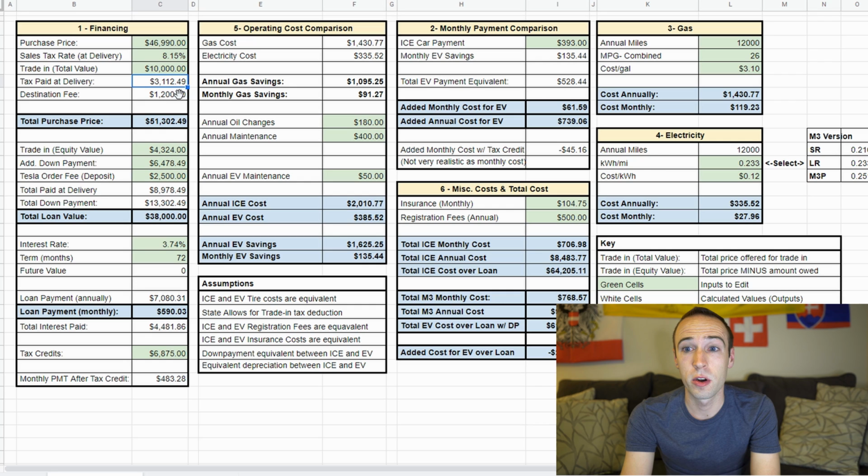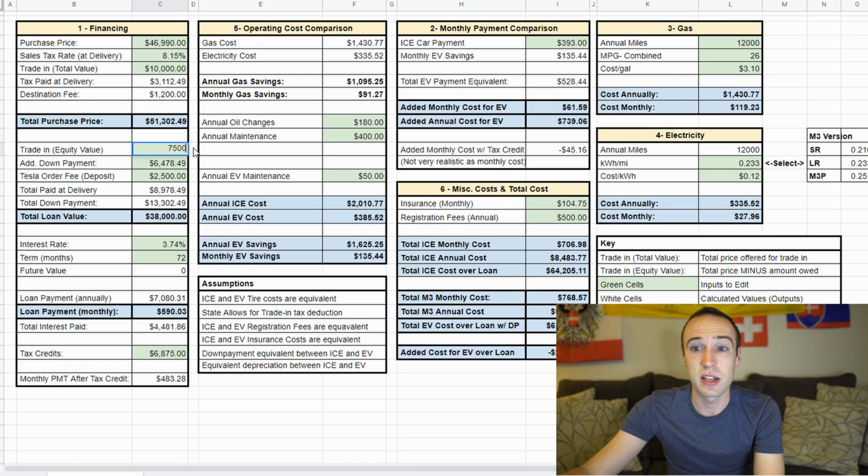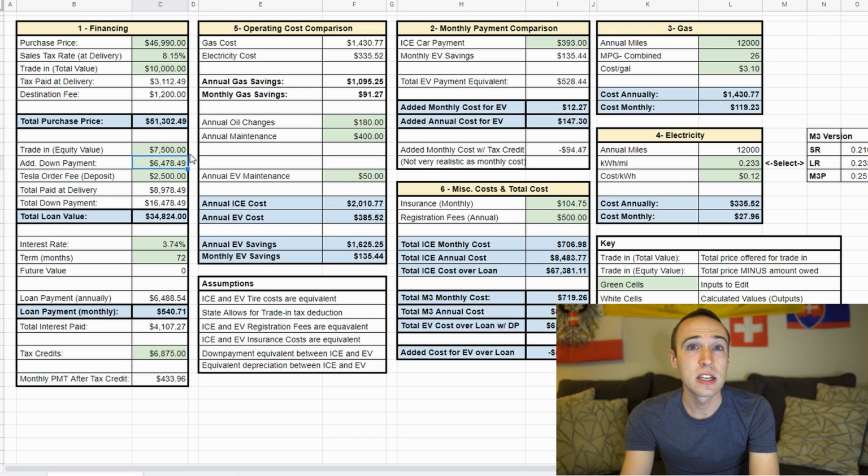And that tells us that we owe $3,112 in tax at delivery, and then the $1,200 destination fee, for a total purchase price of $51,302. So now let's say that on that $10,000 trade-in, you only owed $2,500, meaning that you had $7,500 in equity. And as of now, Tesla has gotten rid of the high deposits when you're placing your order, and I believe it's only $100 now. So we're putting $7,500 down through the trade-in, and then $100 from the order fee, and let's say that that's all we're going to put down, no additional down payments. So you can see here that means that you have to finance